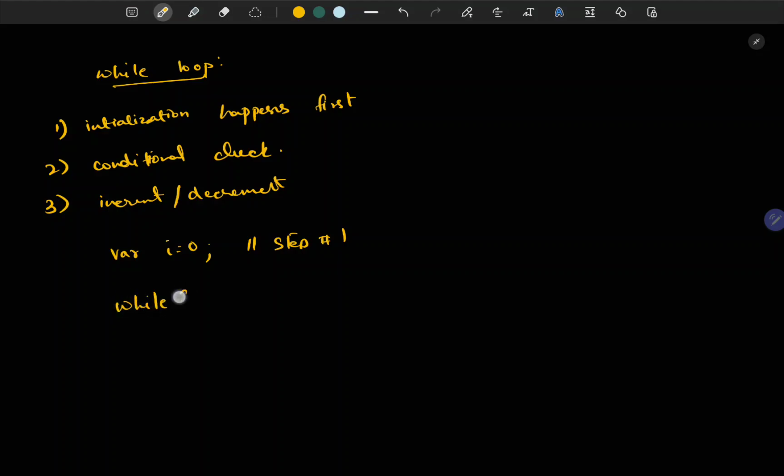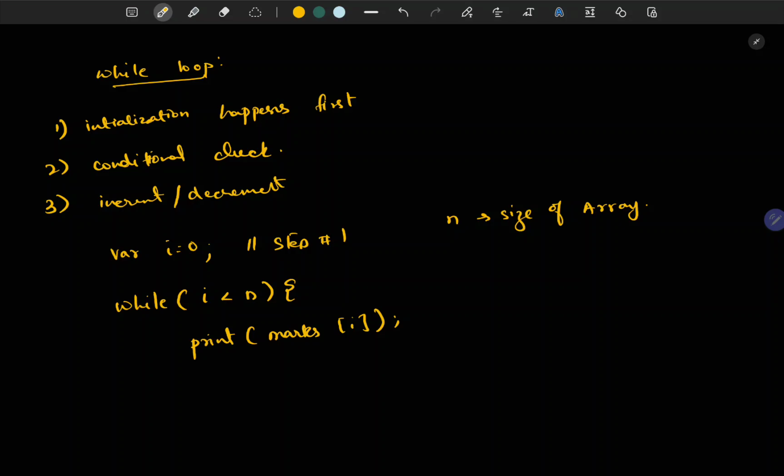And I have to specify which loop I'm using, which is the while loop, and then I give the condition saying i less than n, where n is the size of the array, right? And then what did I want to do? I'd want to just print marks of i,